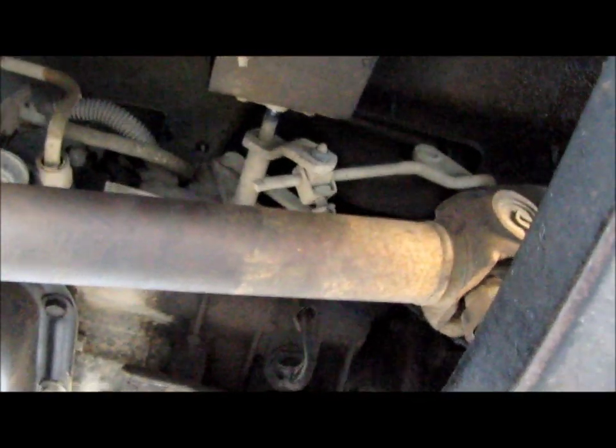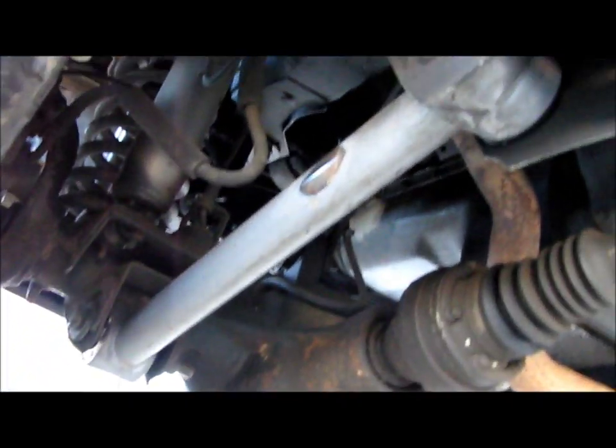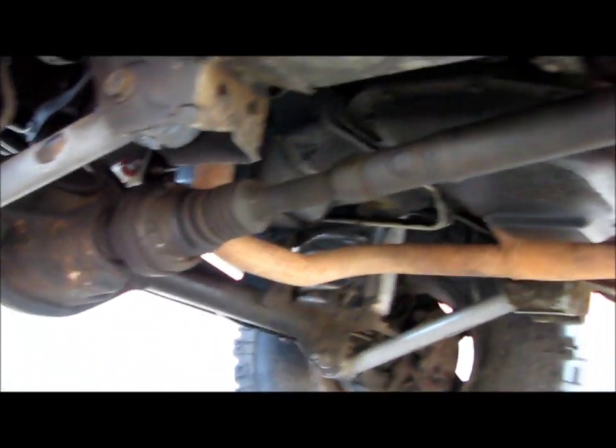But like I said, if this is aftermarket, let me know so I'm not giving people bad advice. So there you go. There's the control arms for the front there from the Rubicon kit, and there's my lift springs and the shocks. And oh, the other important thing, let me go back to the back and see these,